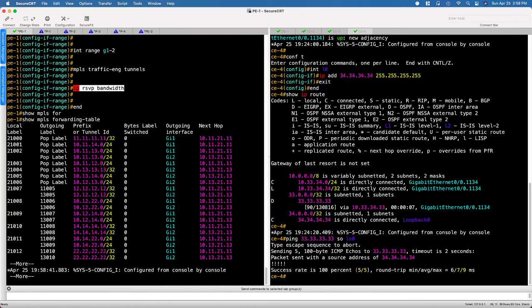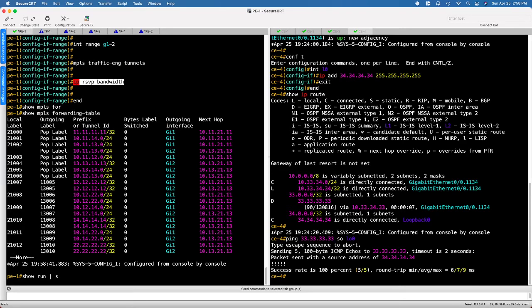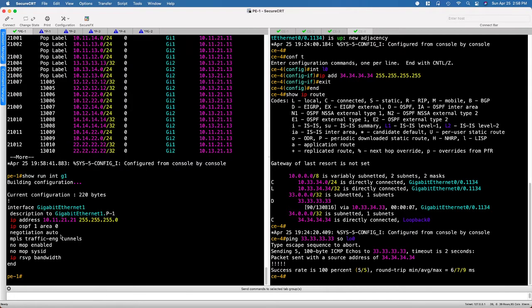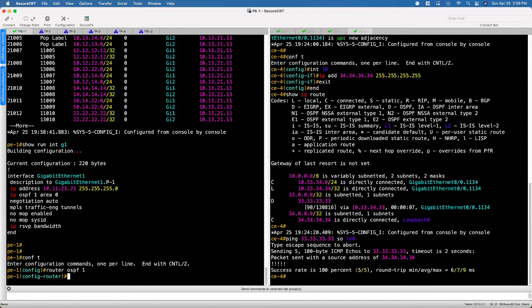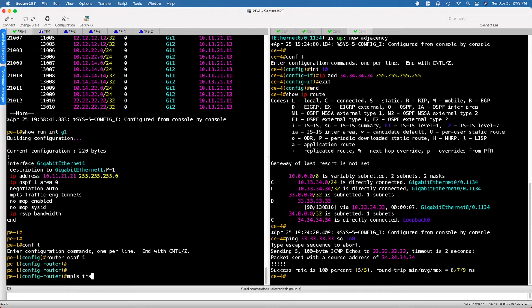So we do show MPLS forwarding or show run interface G1. That's what I'm thinking of. We can see that we have MPLS traffic engineering tunnels under this interface, and then we have RSVP bandwidth there. Now, if we go ahead and take a look at the OSPF there, we can run